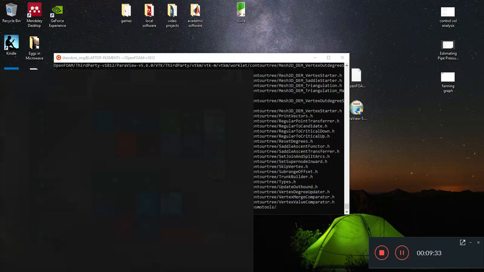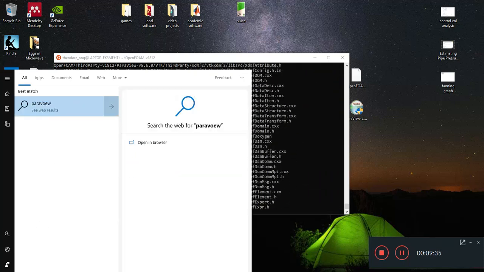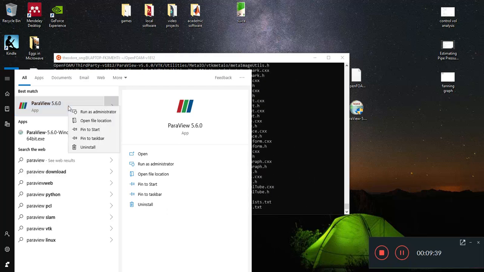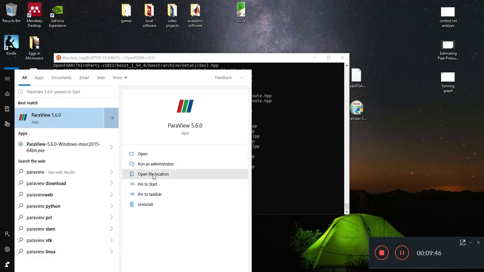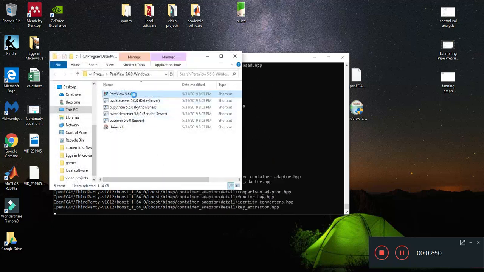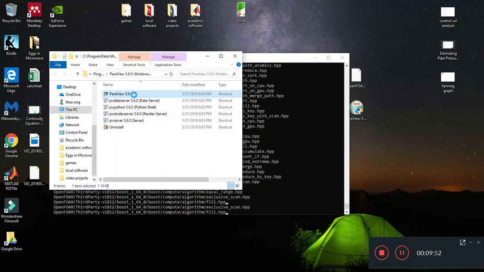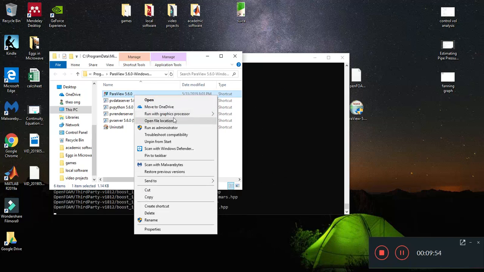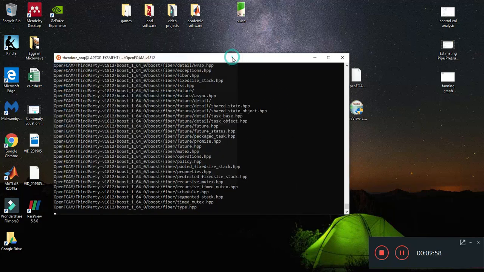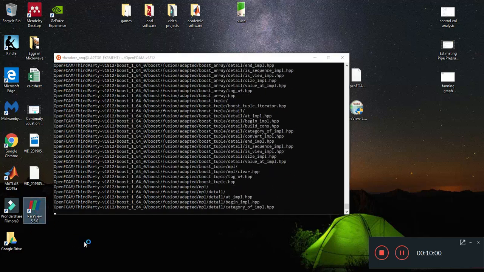Okay, let's go and find Paraview. So you just type start and you find Paraview. You can actually pin to start or pin to the taskbar. I like to open the file location, and of course you go and put a shortcut. Okay, send to the desktop, and that's where the shortcut is. If you open it,